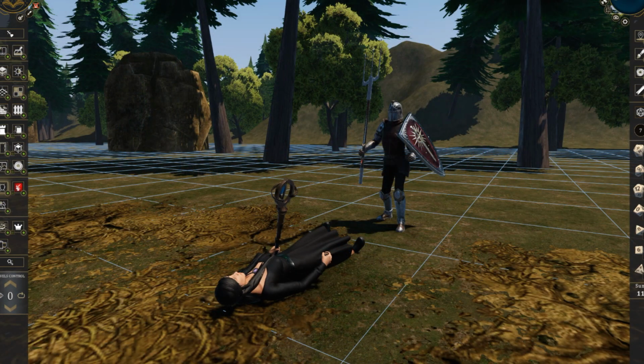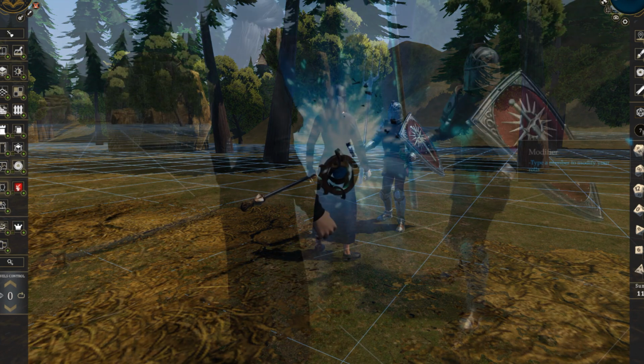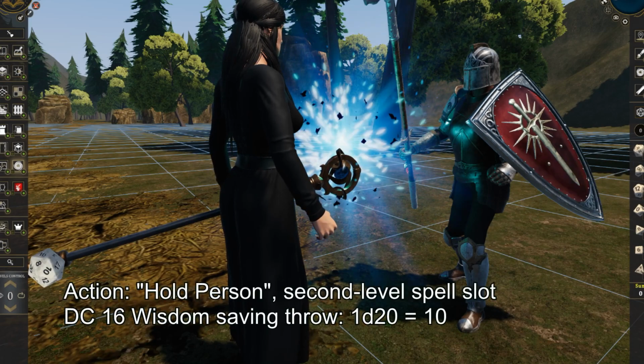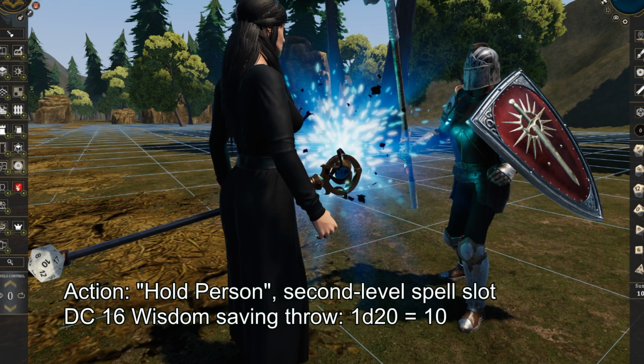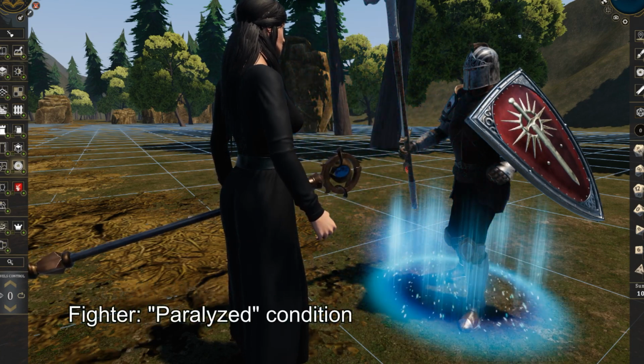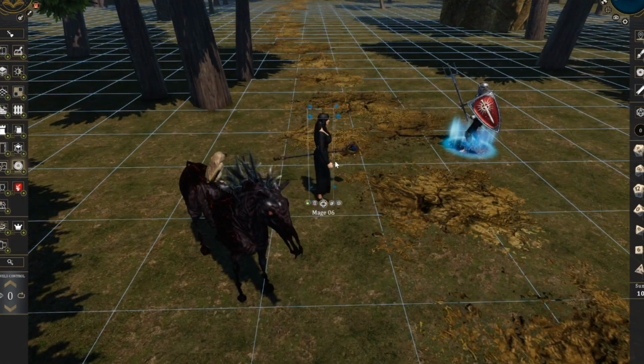The wizard uses half of her movement to stand up from the prone condition. As her action, she casts Hold Person. The fighter attempts a wisdom saving throw. A result of 10 fails. The fighter is paralyzed. While her opponent is paralyzed, the wizard uses her remaining movement to step over to her